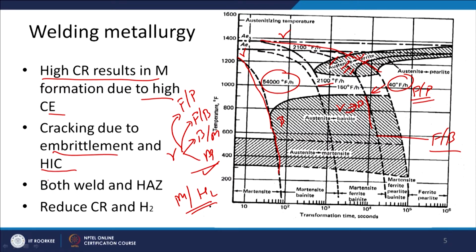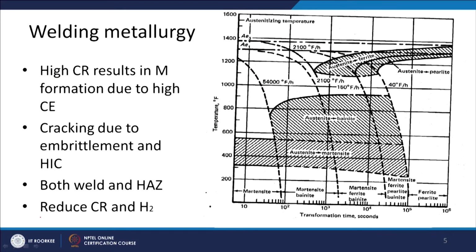And because of the formation of the martensite both in the weld as well as heat affected zone, hydrogen induced cracking tendency becomes high, and therefore, efforts are primarily made here to reduce the cooling rate, so that the trapped hydrogen can escape out and the soft phases like bainite, pearlite and ferrite can be formed